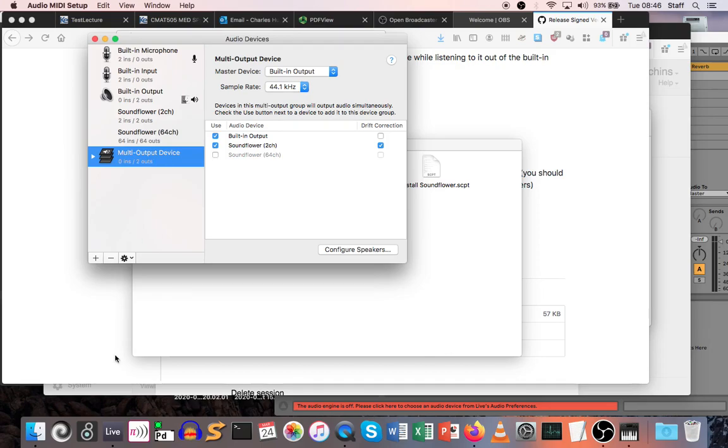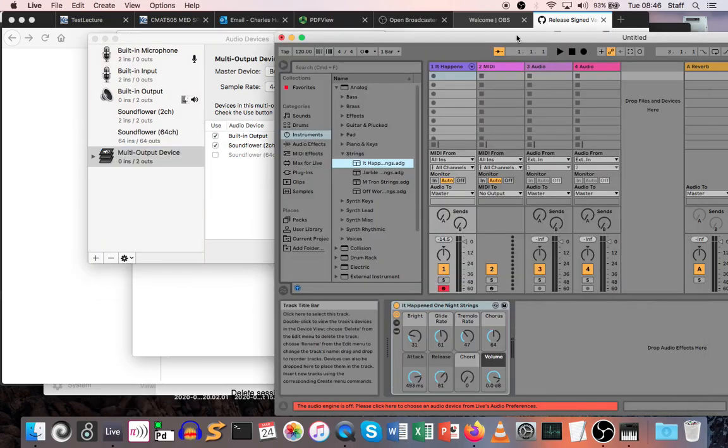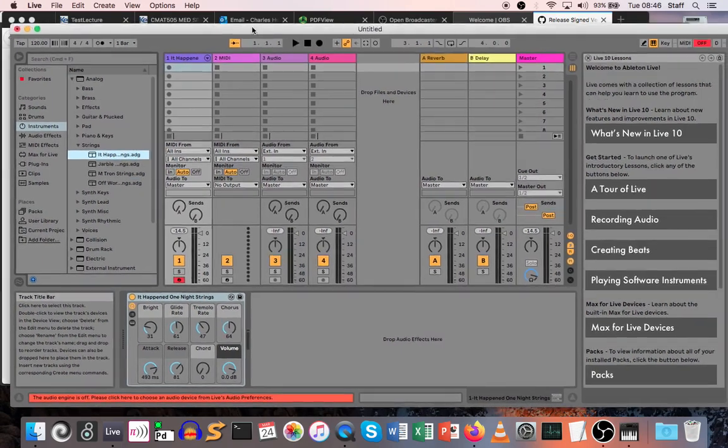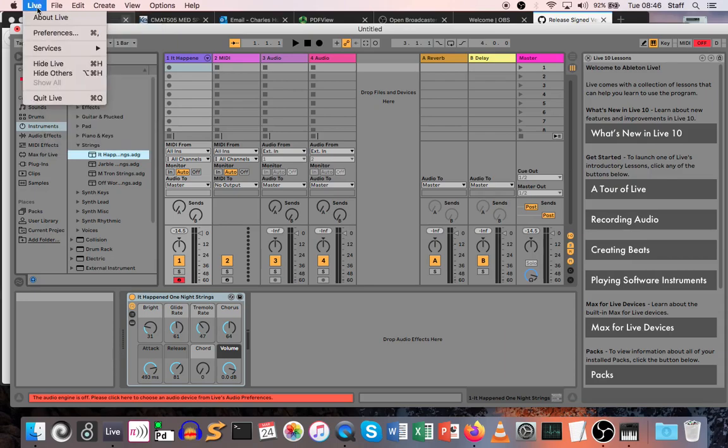This is great. So we've got Ableton here, and we've got a silly thing happening. The sound engine is off. Okay, that doesn't matter. So what we need to do is go to the preferences,